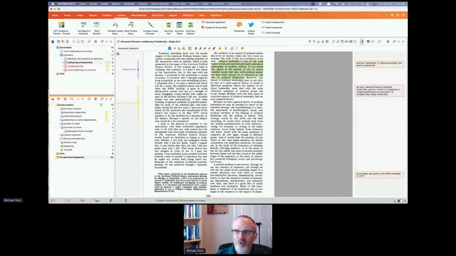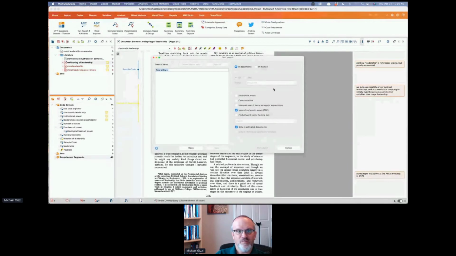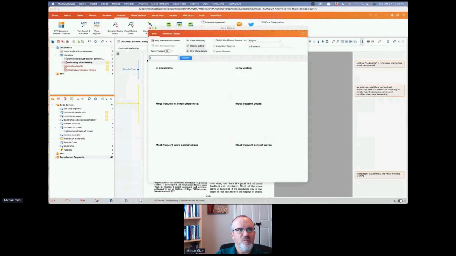Until November, when MAXQDA 2022 came out, there was no ability in MAXQDA to search your paraphrases. That all changed with the creation of the Word Explorer, because the lexical or text search lets you search documents or memos. Word Explorer is, if Smart Coding Tool is my favorite tool for coding data, I have to say this is a close second, because I use this in a lot of auto coding situations, and it's an amazing analysis tool.